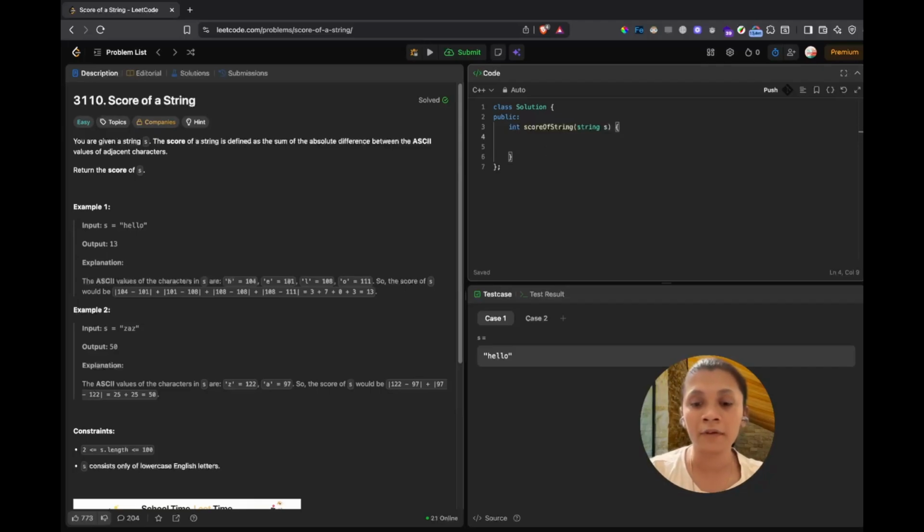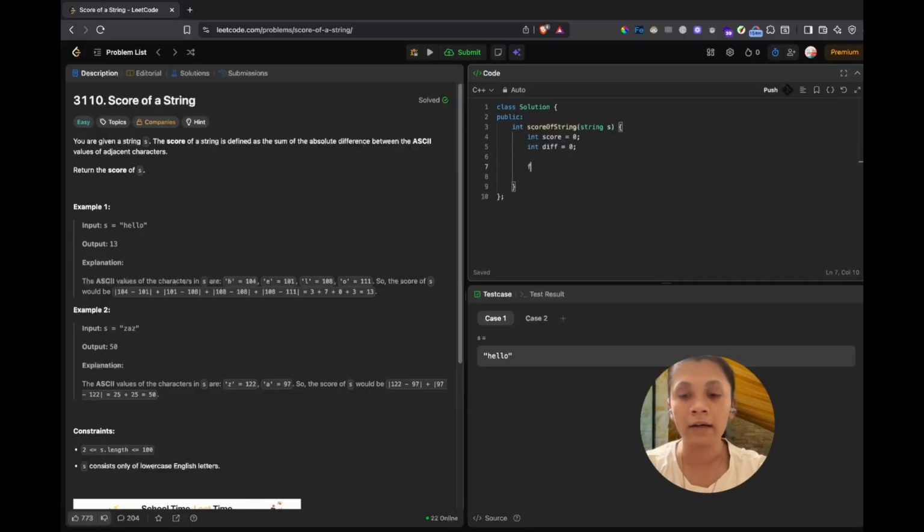So for this question, we will first of all define a variable score to store our score, of course. Then we will define a variable to store our difference, and I'll run a for loop to traverse over my string, int i equals 1. Why have I taken int i equals 1? Because I want my difference to be current minus the previous. So I want the difference between my current letter and my previous letter. So I'll access the 0th index